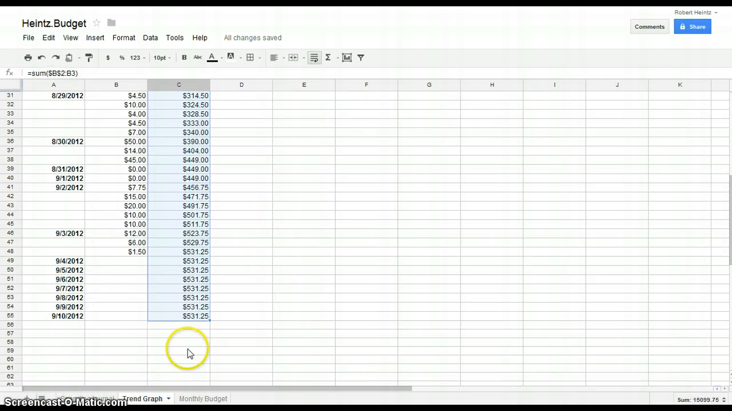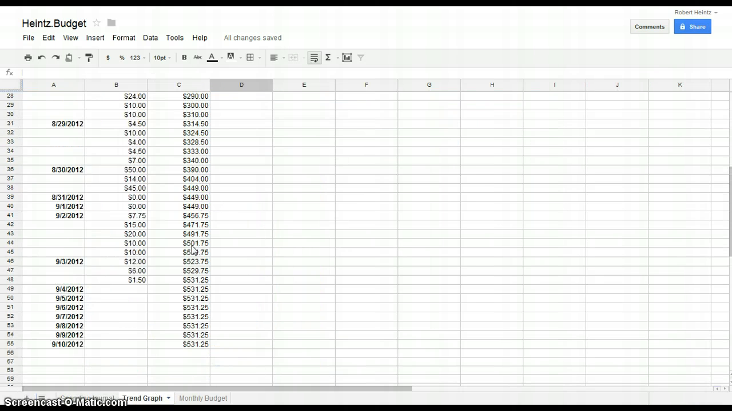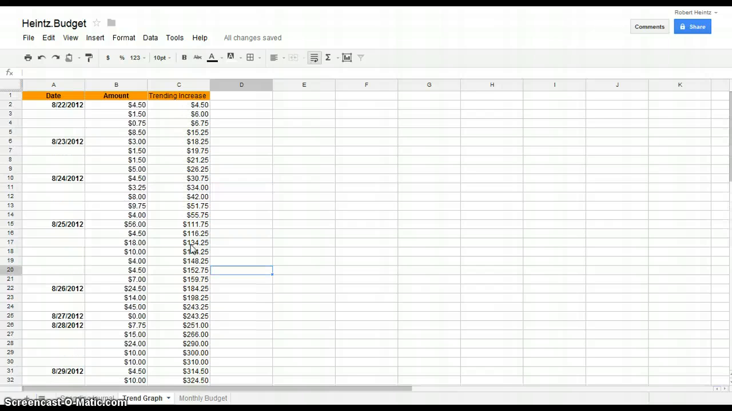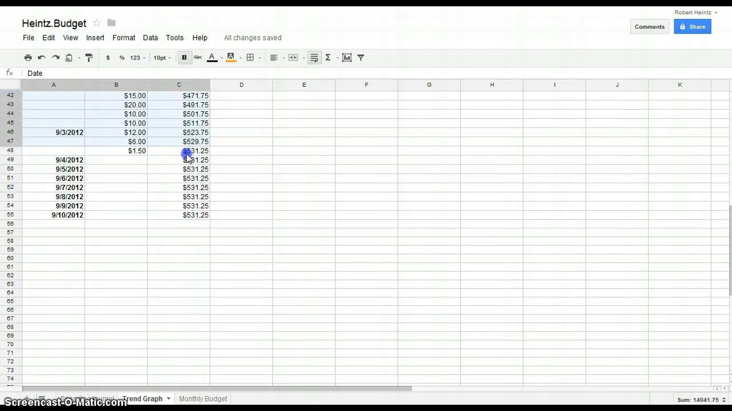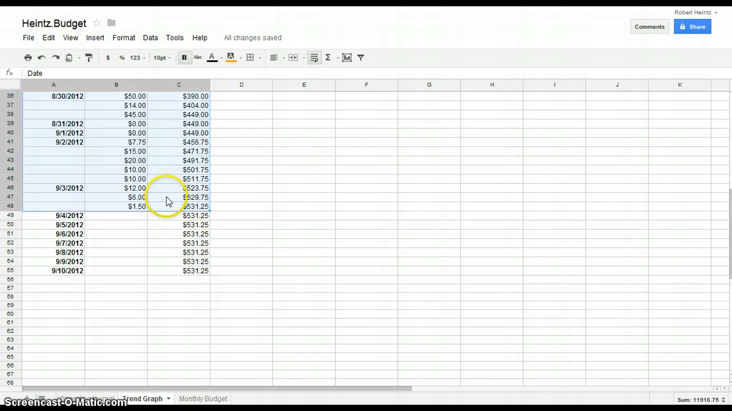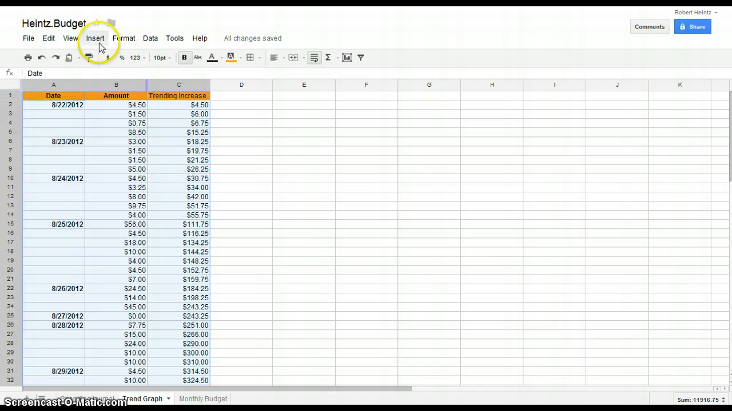Okay, so our trend graph data is here. The next thing we need to do is actually make our chart. This is pretty easy. You highlight from the date down to your final amount. You would obviously use all the way down to the final amount, but I'm just going to go up to where it adds up to the end. Then you go insert,